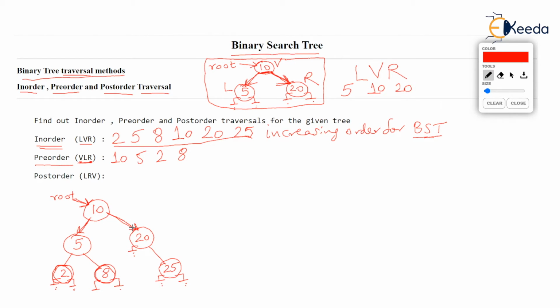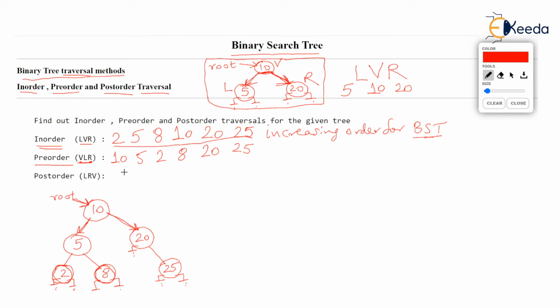VLR is the rule. So now 20 is the new vertex. And the rule states we can print 20. Then visit left, but left of 20 is anyway null. Then visit right. So VLR. 25 is the new vertex. 25 is printed, vertex is printed first. And then left, VL, but L is null and R is also null. So that's the way we have printed all nodes using pre-order.